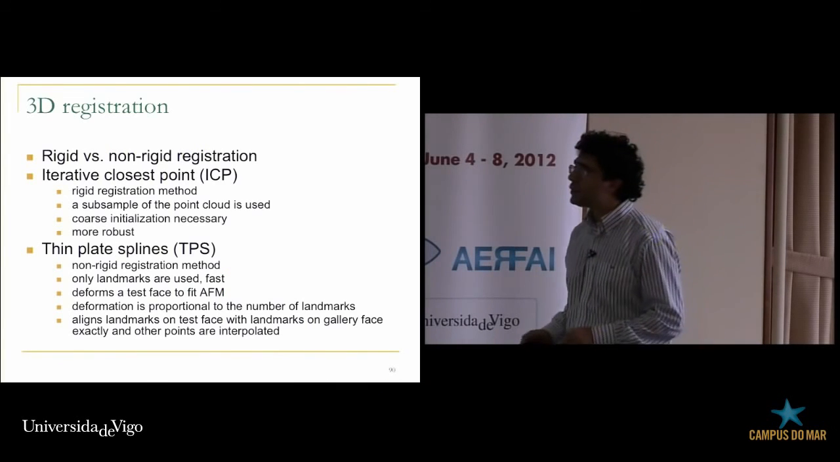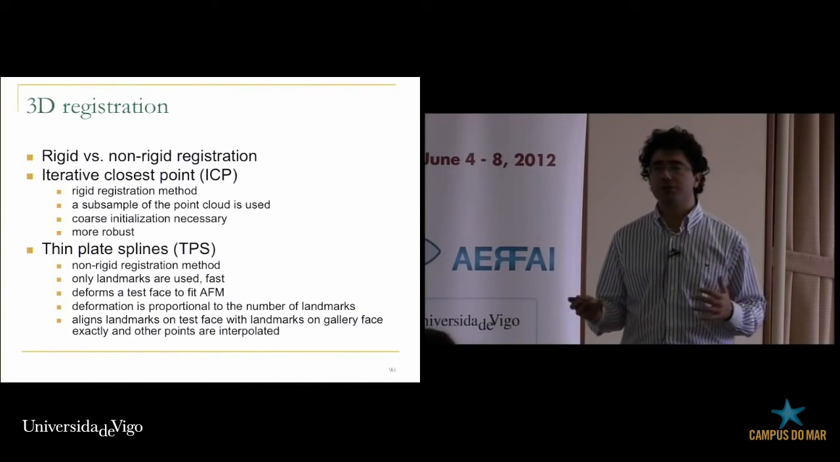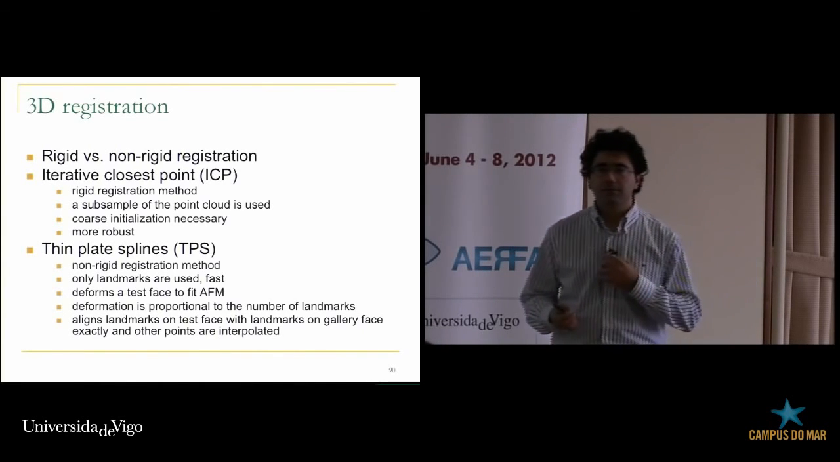Now, in 3D, we have either rigid registration or non-rigid registration. Rigid